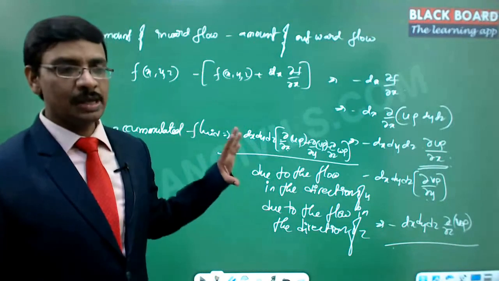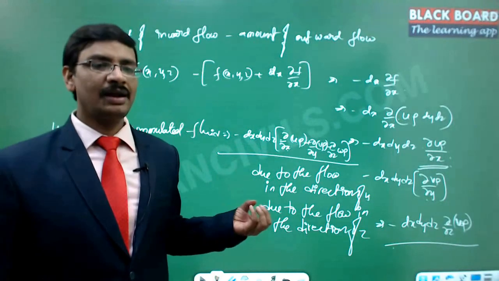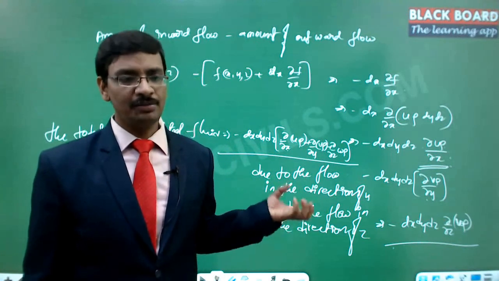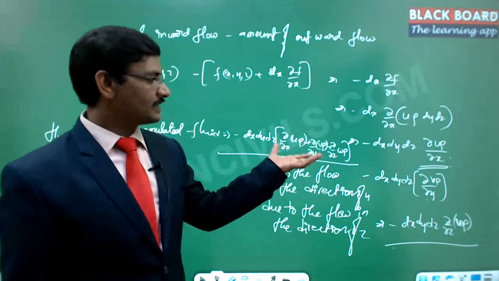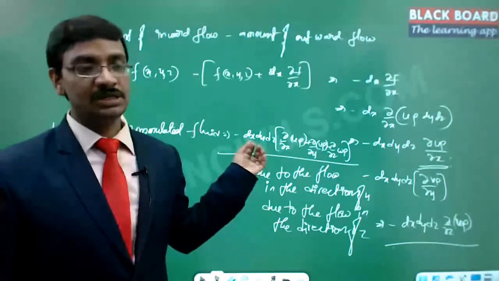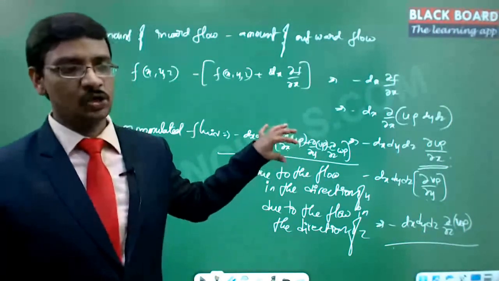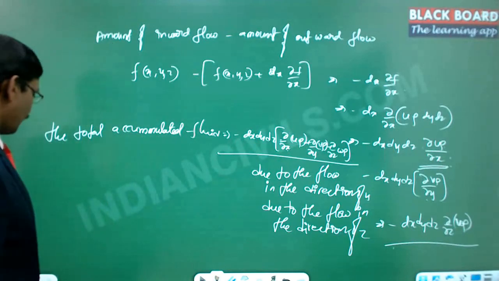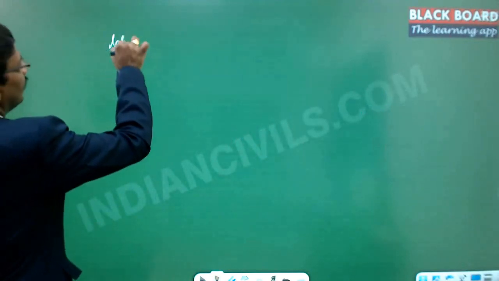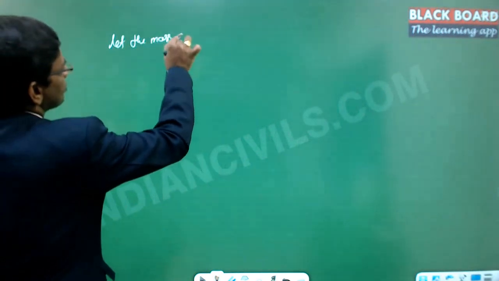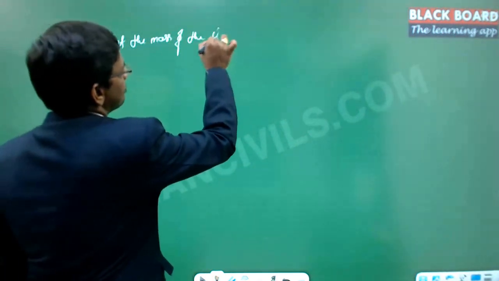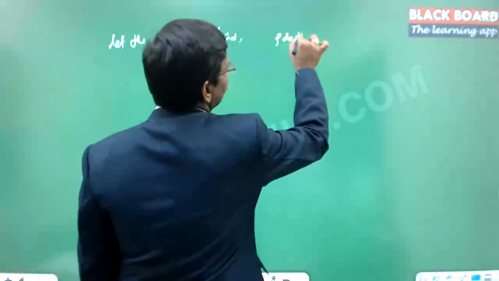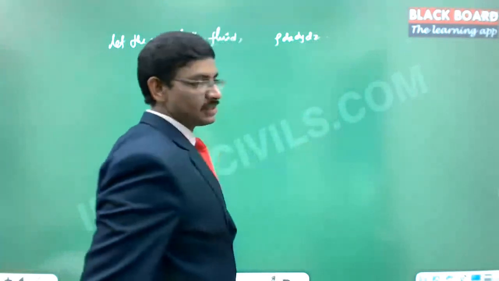So this is the amount of the fluid that got accumulated due to the flow in all the directions, right? Obviously there is a rate of increment of the fluid within that particular closed volume. So the rate of increment of the fluid will be exactly equal to the amount of the fluid that is passing into this. So this is accumulated, and for this value you consider the mass. Let the mass of the fluid be rho into dx into dy into dz. So this is the mass of the fluid.